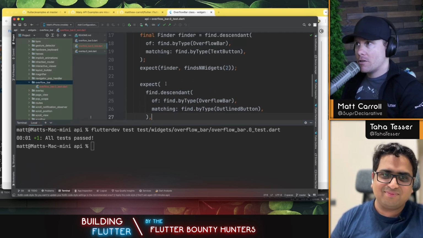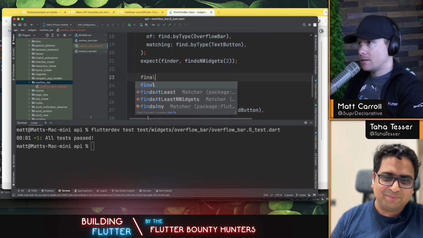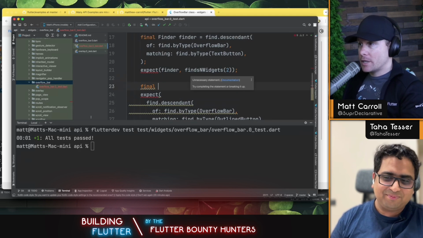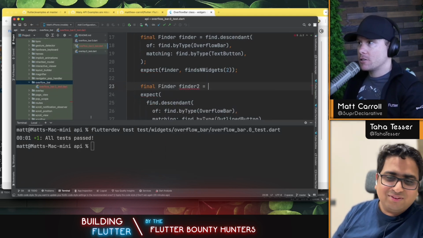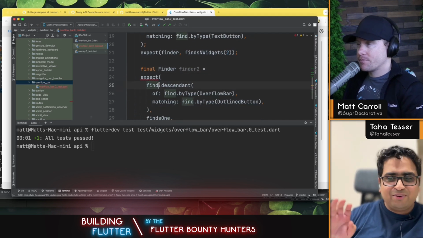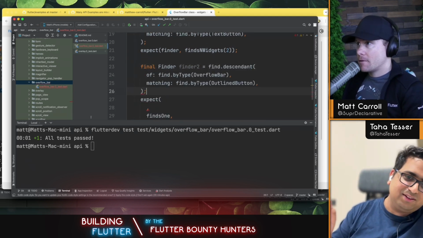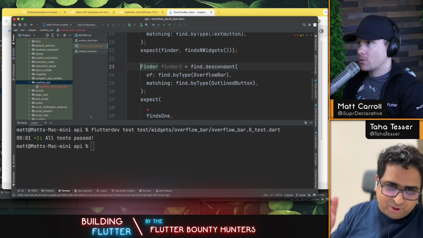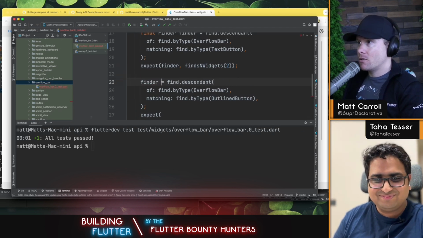Now, I said a moment ago that we'll stick to a consistent style here, so I'll copy, well, actually, I'll say final. And this, by the way, is one of the reasons why it's kind of annoying to declare things, because now it's like, what should it be called? No. I would not do finder 2. You can reassign finder. Okay, so you now don't have to create another one. So we'll do that, but here again, the cost is that we have introduced